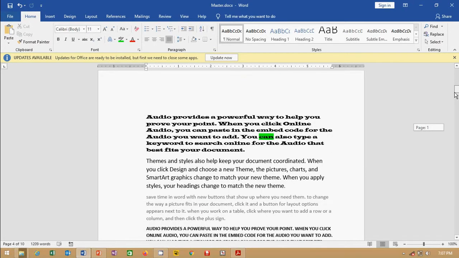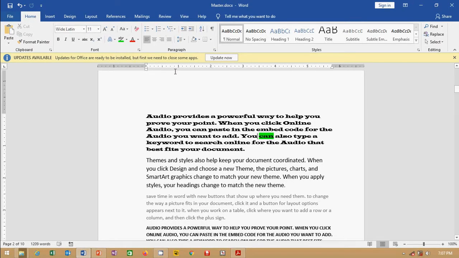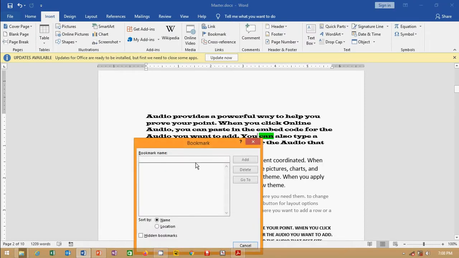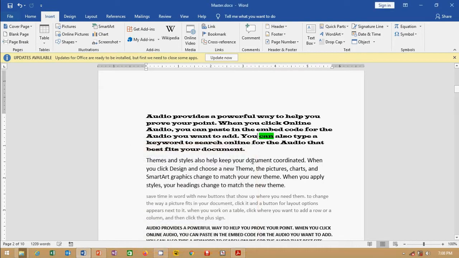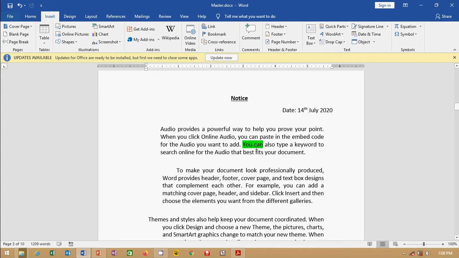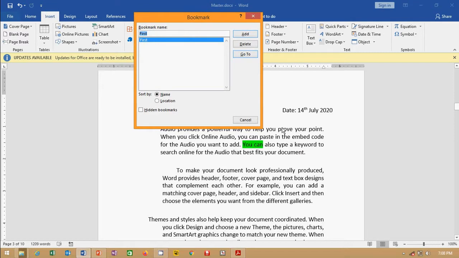First, this is my first location. Go to Insert, Links group, then Bookmark. Now I am going to put the bookmark's name. First, add. Now second, add.